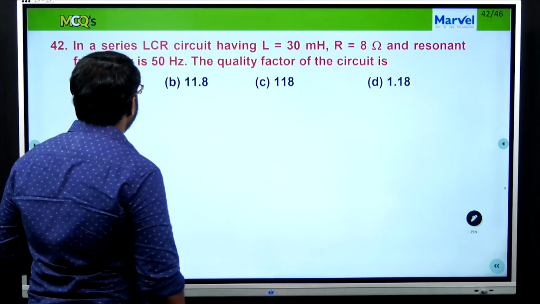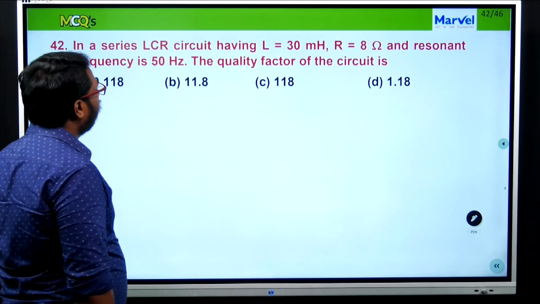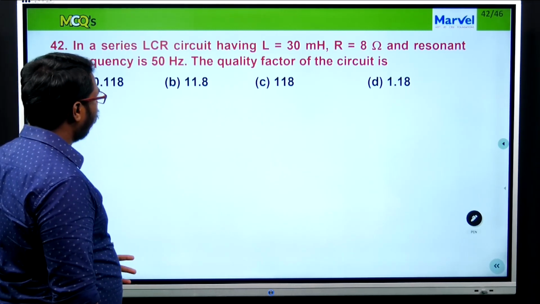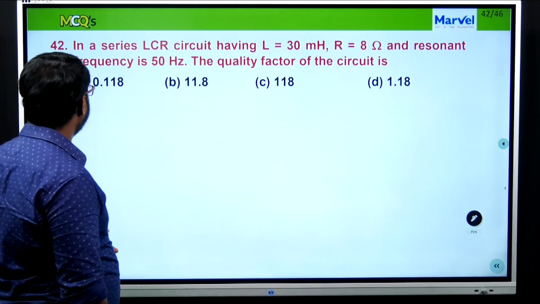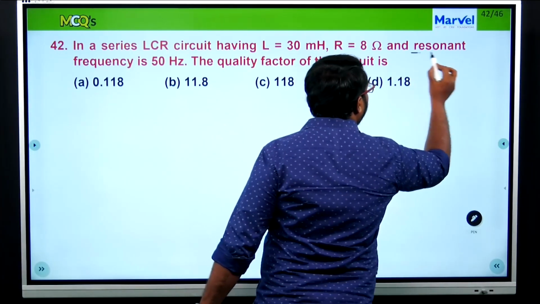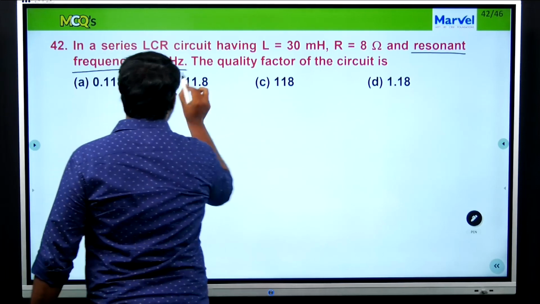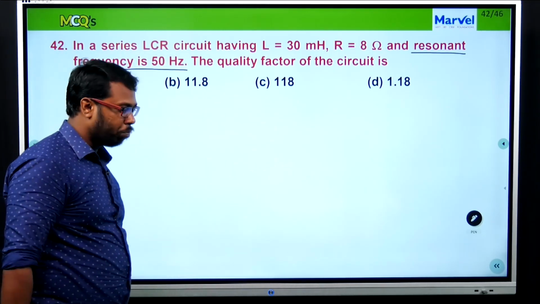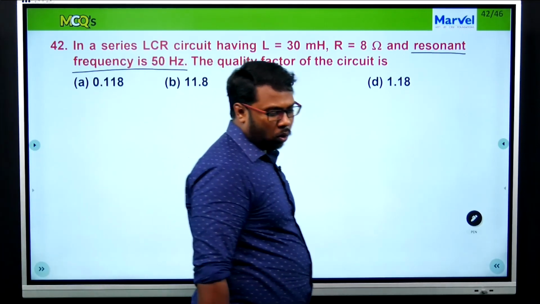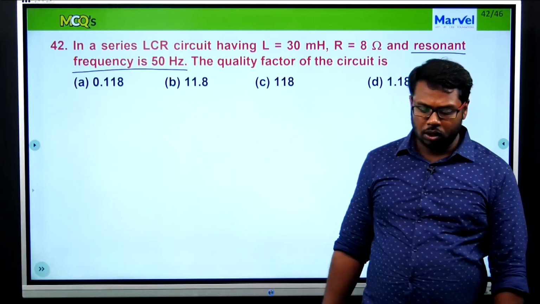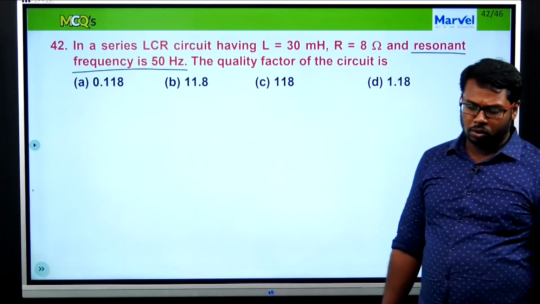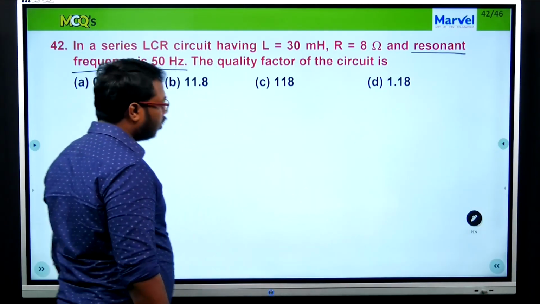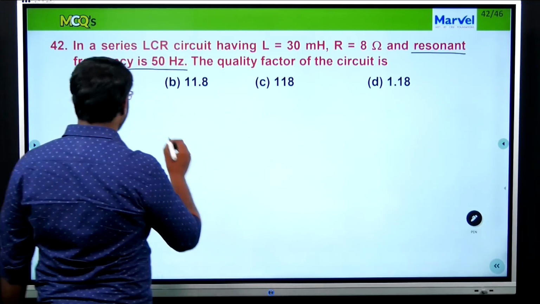In a series LCR circuit having L equal to 30 millihenry, R equal to 8 ohms and the resonating frequency, you see this is a very important word, the resonating frequency is 50 hertz, then what is the quality factor? That is what the question asks. So, now the quality factor goes like this. What is the quality factor? Q is equal to